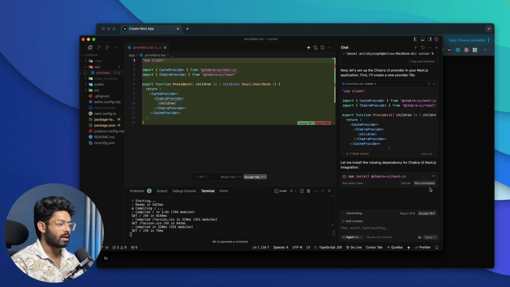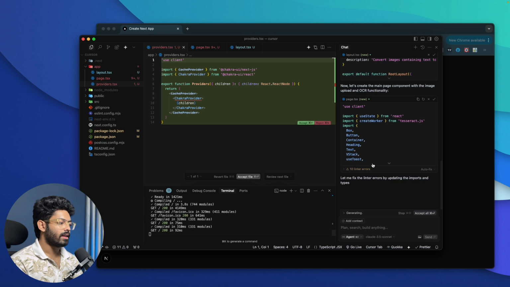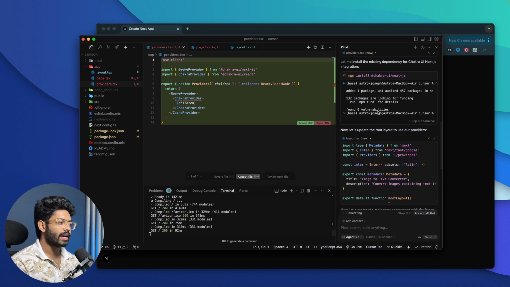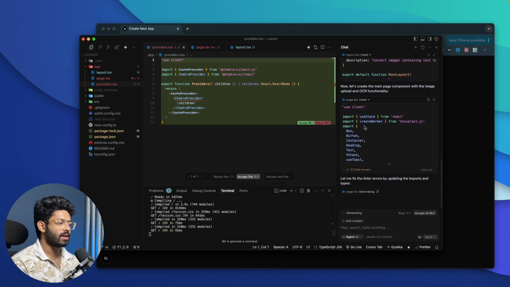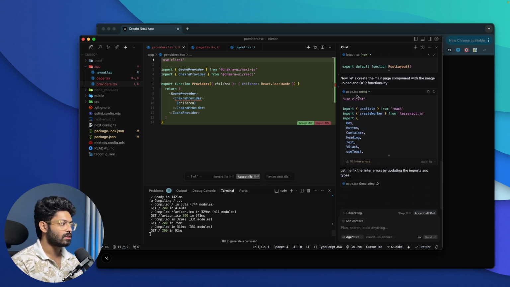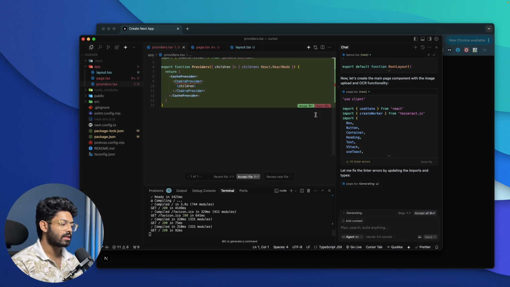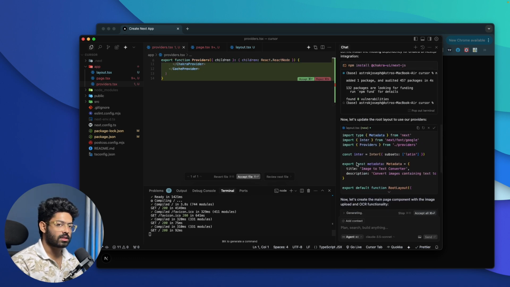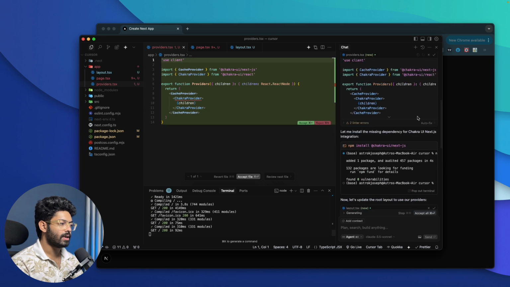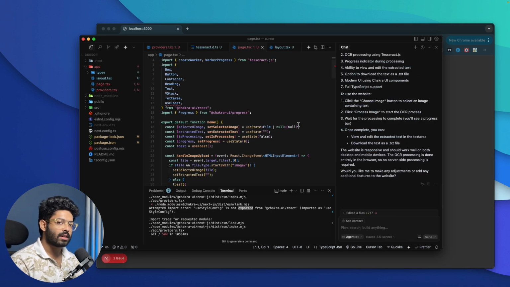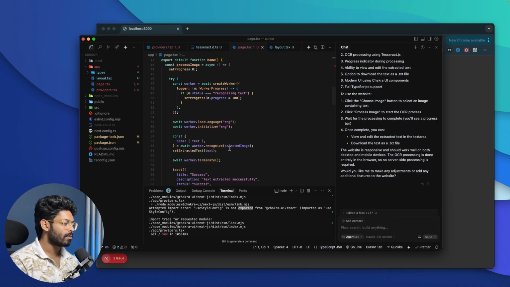And now it is asking me to install another dependency. Click on run command, and now as you can see, the AI is creating all these files. First of all, it started by updating the layout.tsx file, and then it is updating the page.tsx file, and it has created a new file called providers.tsx, and it is doing all the tasks for you. Now the whole process will take some time, so I'll wait for it to complete. So the AI is done writing the code, and I ran my project,